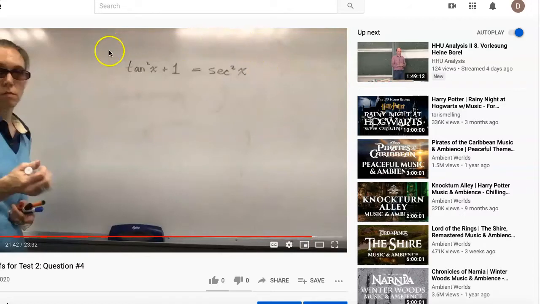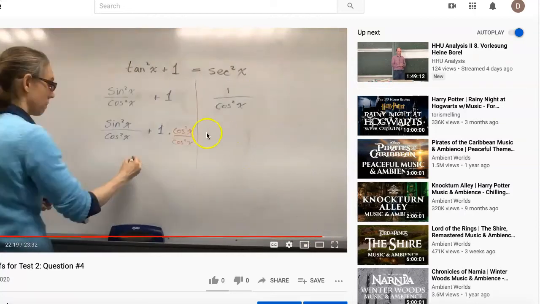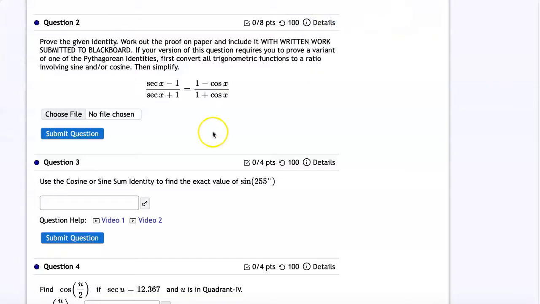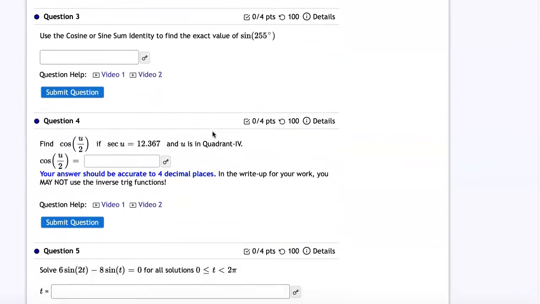This right here is what I'm talking about when I say if you end up with a variant of one of the Pythagorean identities, that you need to rewrite it all in terms of sine and cosine. You can't just use circular reasoning and say, this is true because it's one of the identities. So you do need to hash it out a bit. Okay, so going back now to the final, question number 3,